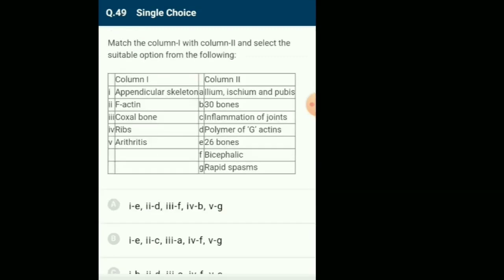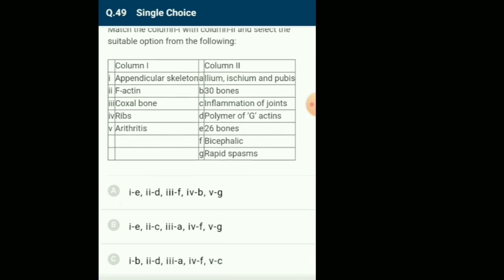Question number 49. Match the following. Column 1 with column 2. Appendicular skeleton is composed of 30 bones while axial skeleton consists of 26 bones. F actins are helically wound around each other and are a polymer of monomeric G actins. The coxal bone includes the hip bone. Pelvic bone is a large flattened irregularly shaped bone and is composed of ilium, ischium and pubis. In vertebrate anatomy, ribs are the long curved bones which form the rib cage. Part of the axial skeleton, they are headed on both ends and hence they are called